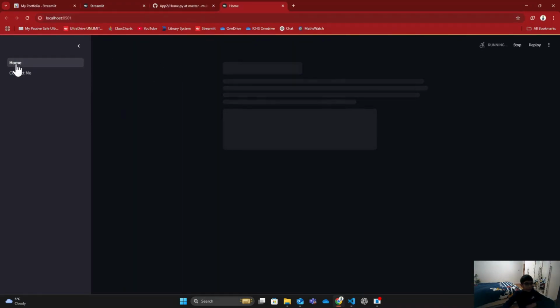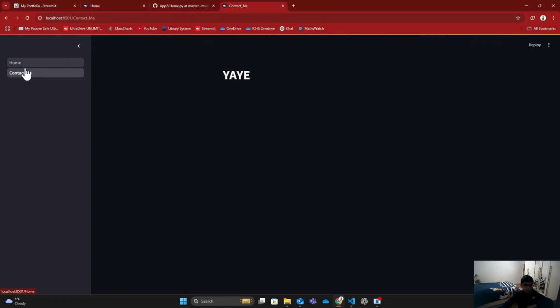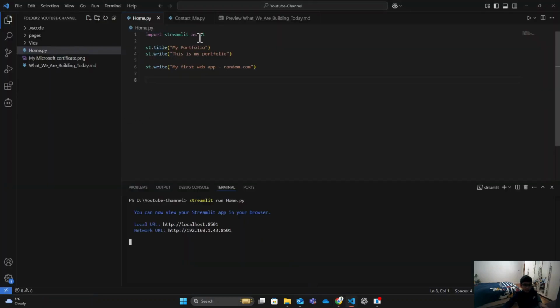And it opened kind of suddenly. But there we go. Home and contact me. But now let's start filling these pages with information. And we're first going to have to make columns. So let's write col1 and col2 equals